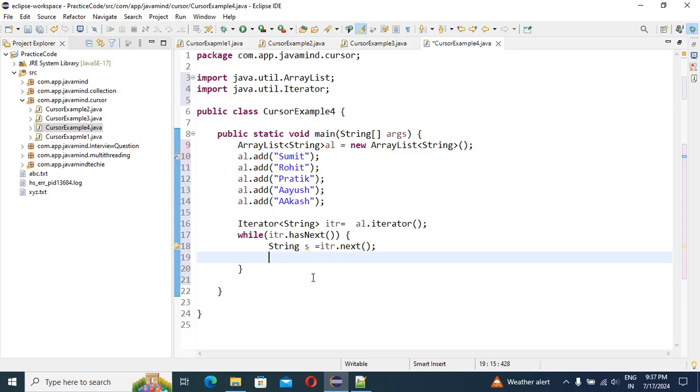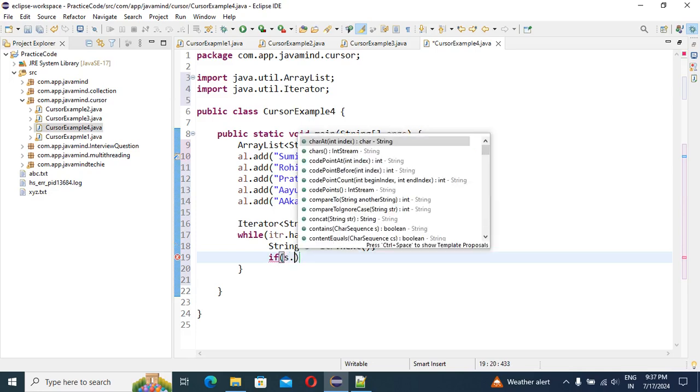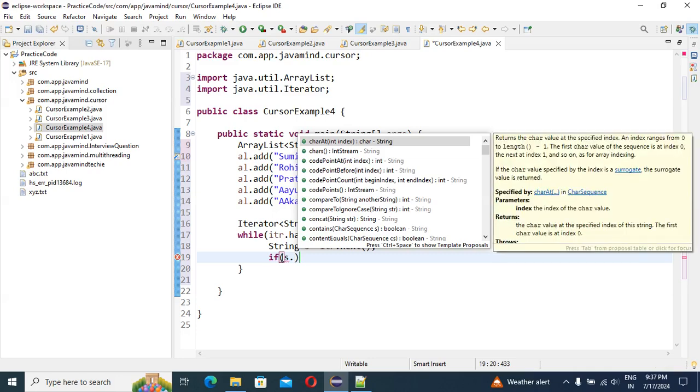So now the requirement is we need to remove the data which is Akash, right? Any data we can remove. So as per our condition, I need to put the condition like this. If, guys, this is the main point, please concentrate. If s dot equals,